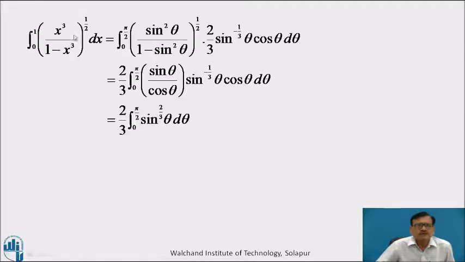2. We are using x cube as sin square theta, that is sin square theta upon 1 minus sin square theta raised to the power 1 by 2, 2 by 3 sin raised to minus 1 by 3 theta cos theta d theta. This was the value of dx, which is equal to, taking 2 by 3 outside, 2 by 3 into integration from 0 to pi by 2, and now here sin square theta raised to 1 by 2 is, we get sin theta, and 1 minus sin square theta is cos square theta raised to 1 by 2 means cos theta into sin raised to minus 1 by 3 theta into cos theta d theta,